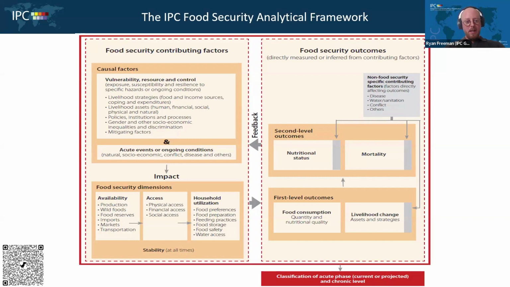So we measure this impact, we talk about availability, we talk about access, we also move over to utilization. Now, within the IPC, we try to focus this discussion on utilization a little bit more on food preferences, preparation practices, storage, a little bit on food safety, and also water access. The quality of the water, is it safe? And these other aspects of, is it from an improved source of water? Is it from an unimproved source of water? What would be the associated risks? In addition to this, there's